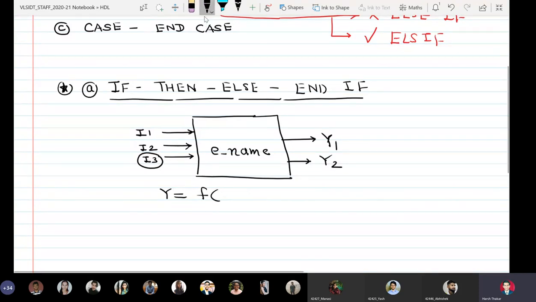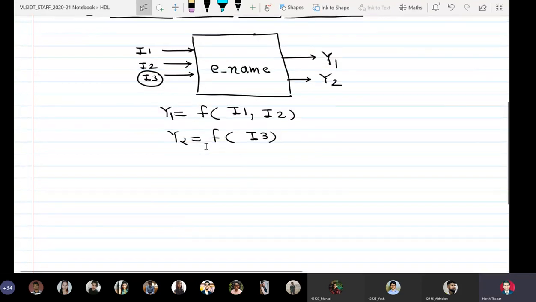We will say that the output Y1 is a function of I1 comma I2, and the output Y2 is a function of I3. Okay, this is what we are assuming.